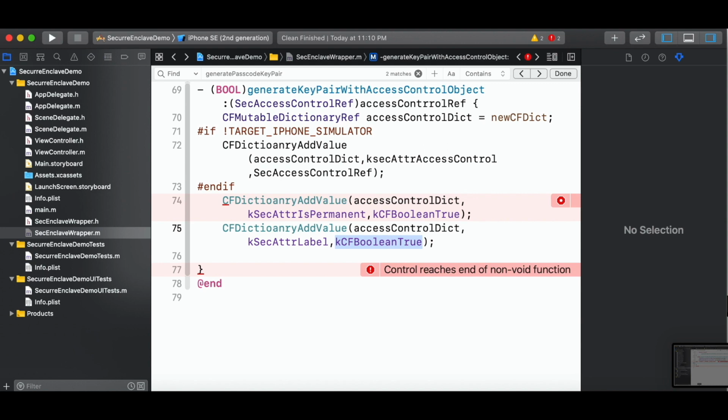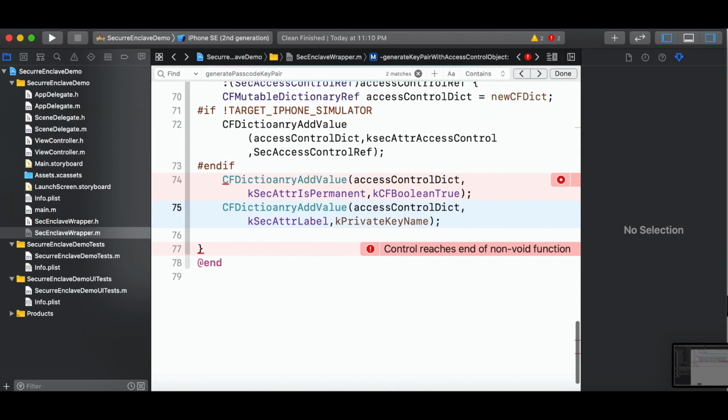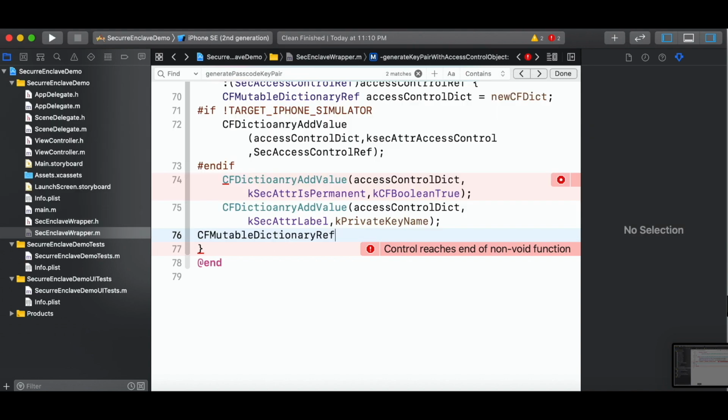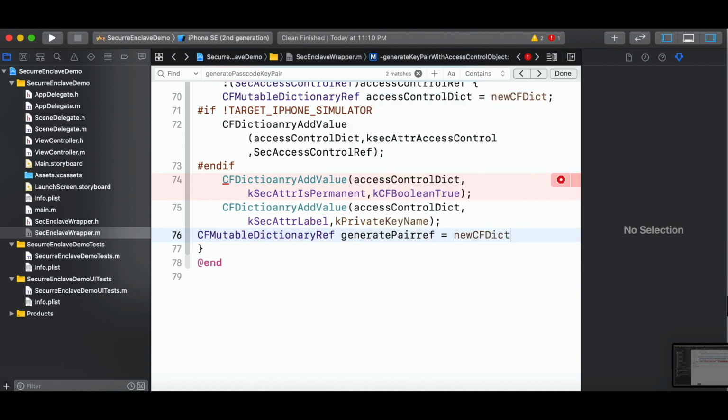So the label, let's say for the private, it will be the private key name, and then we will create the dictionary which actually saves the key into the keychain, now as CFMutableDictionaryRef generate pair ref is the name of this dictionary, and it will be like new CF dict,